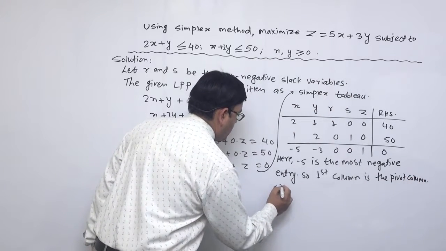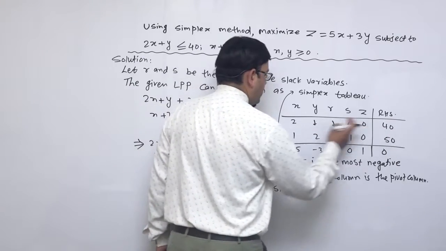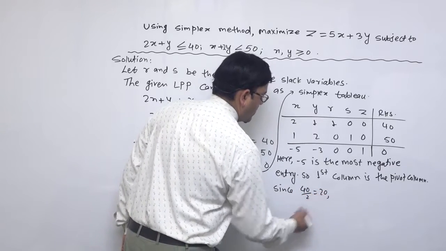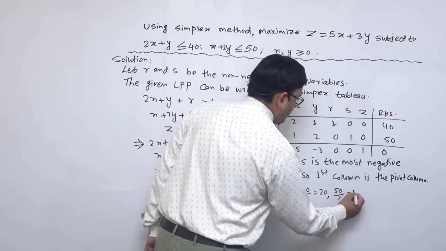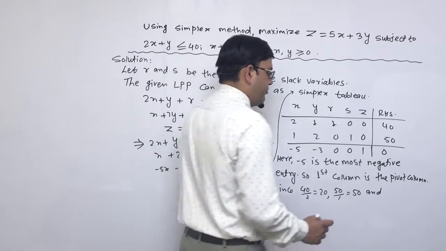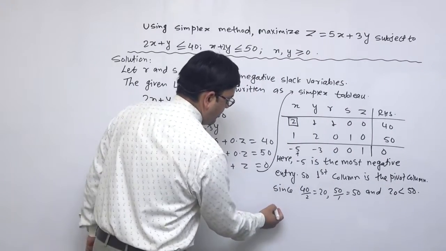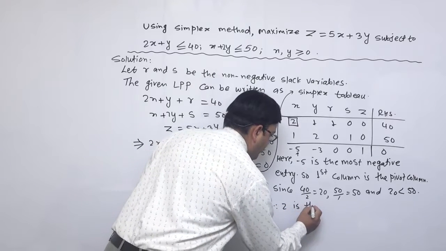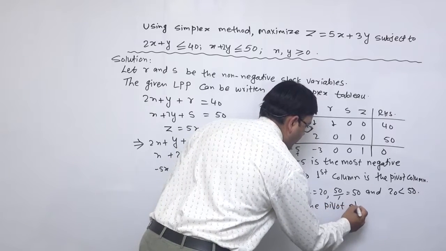Since, अब यसपछि त्यसो हो भने हामीले 40 divide by 2 गर्नुपर्ने हुन्छ. Since 40 divided by 2 is equal to 20, comma, similarly 50 divided by 1 is equal to 50. And what did we get? 20 is less than 50. Therefore, we can write, therefore, 2 is the pivot